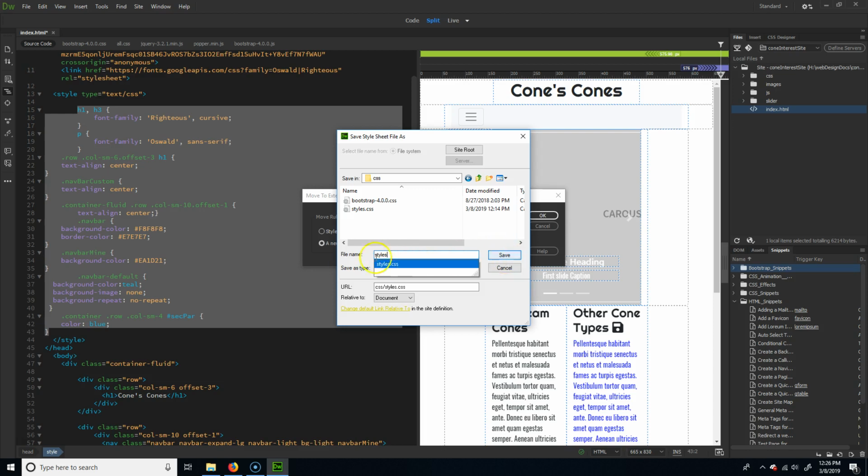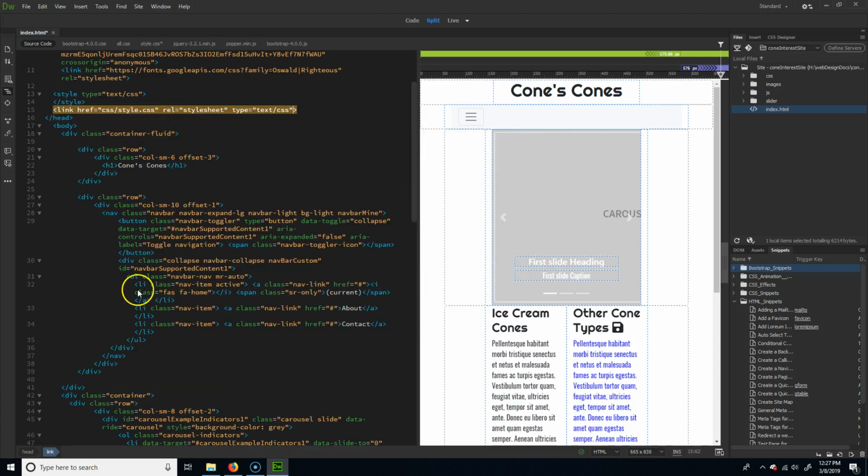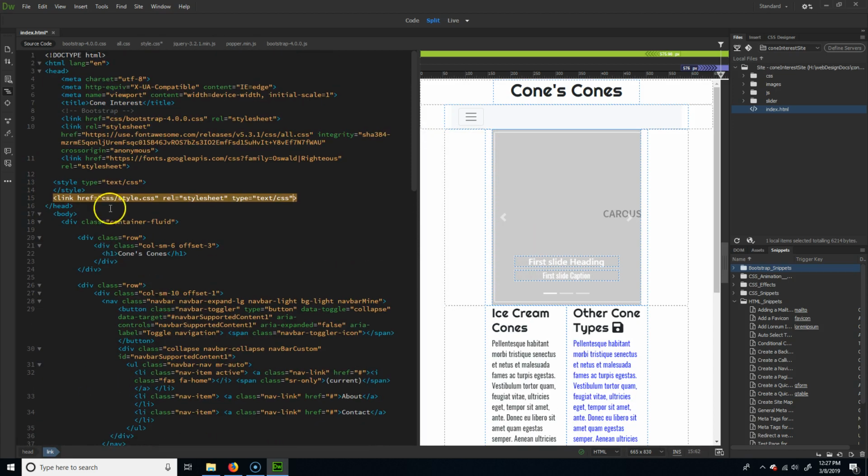You should just call your style styles. You can see what the URL it's going to make, and then we hit save. No. Oh, it was styles. Okay. Style. I'll hit save. That way I won't interrupt it. Okay. And what you're going to see is up on the top here,